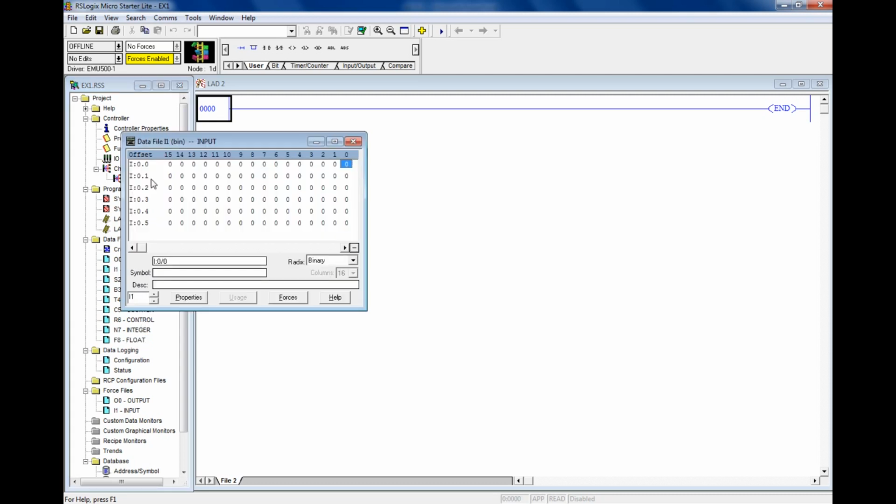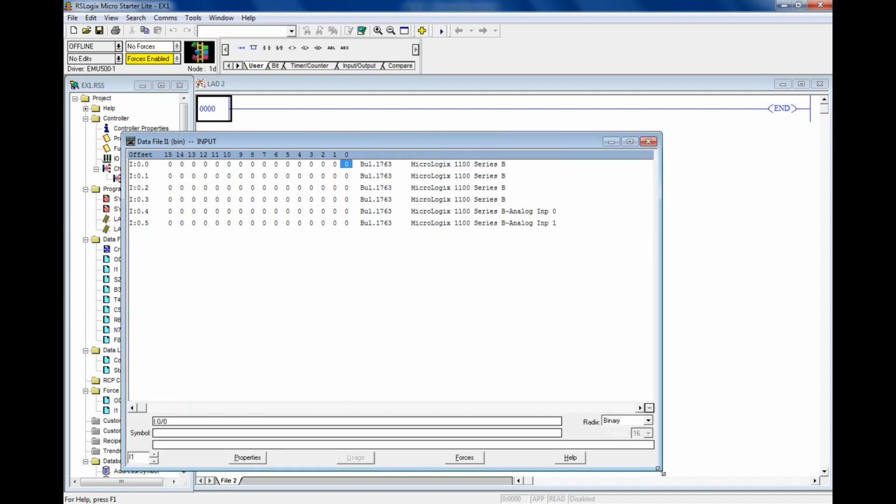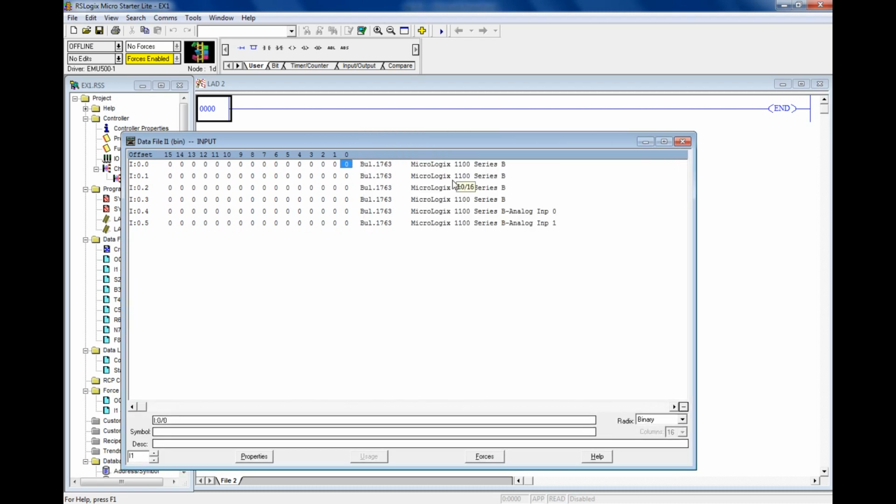If you open the input, you can find the number of inputs here. The first 4 and the last 2 are analog inputs. For the Micrologix 1100 series, you have two analogs. If you want to see the address of a particular bit, you can find it here, I:0/0. If you are going to use inputs and outputs in your project, you need to give the address. Address is very important when it comes to PLC. Address is not common for all PLCs. The addressing format is completely different. In Siemens, the address will be different. So that's it about the addressing part.